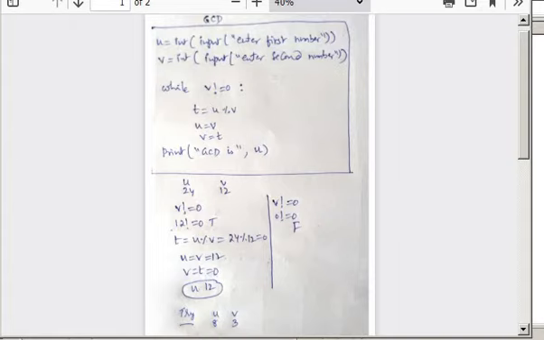Look at this program, GCD, greatest common divisor, GCD of any two numbers. You read the numbers u and v and go through the condition. I have given the steps for 24 and 12, and you try the steps for 8 and 3, then it will be very clear how the program works. Always, if there is a program, you try to take an example and write the steps, and based on that the logic will be very clear to you.